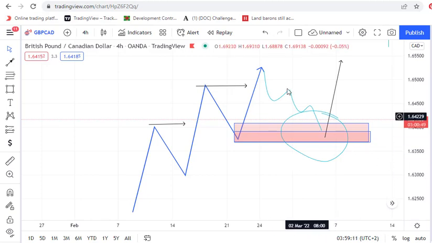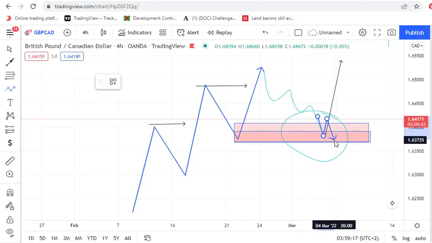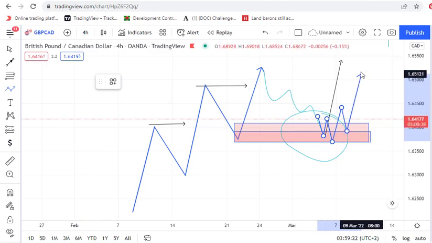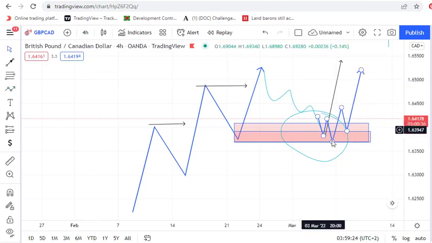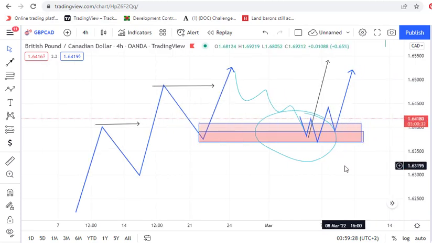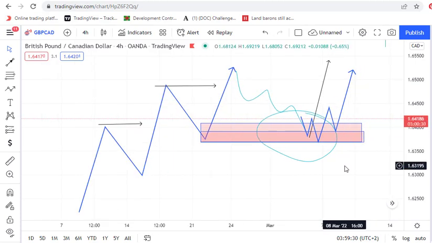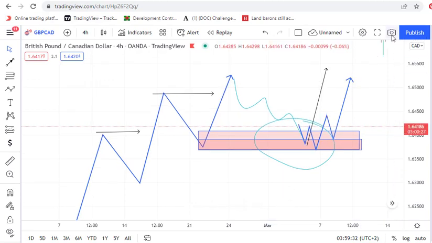Or you can be looking for a consolidation that you can give a name to, say a Wyckoff consolidation or something of this nature. Then you can be looking at getting an entry like this. So this is what we are talking about, and this is how you are going to be